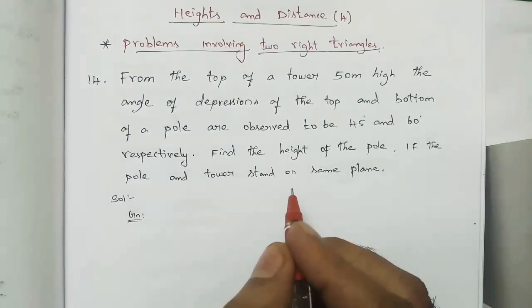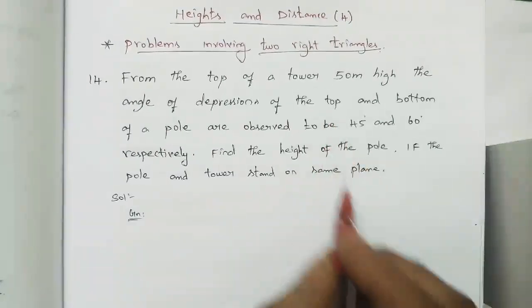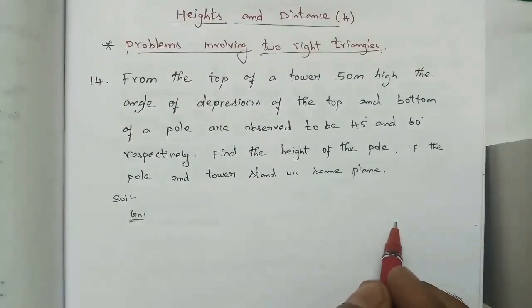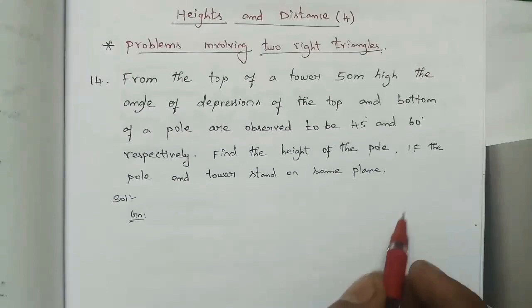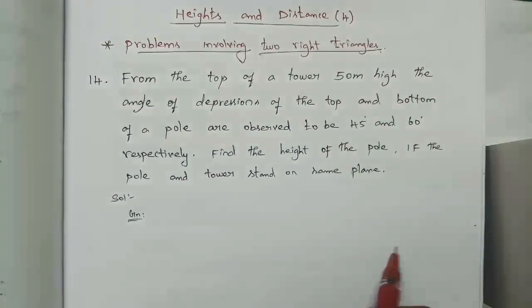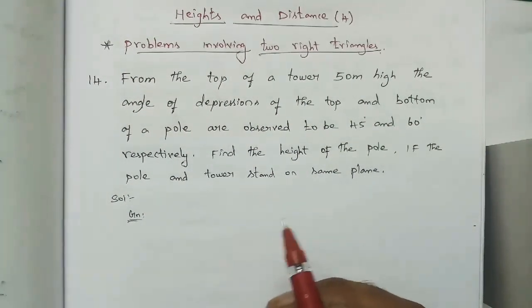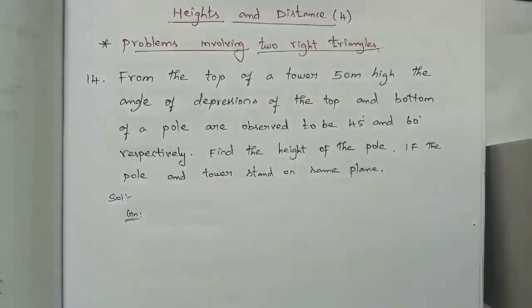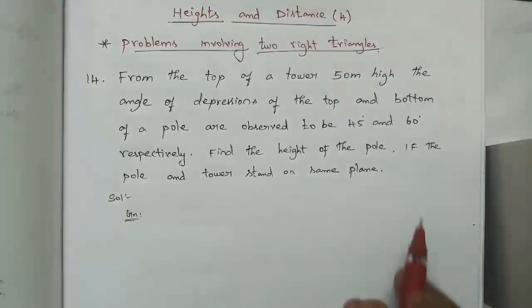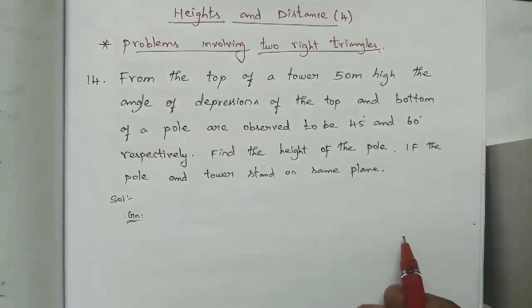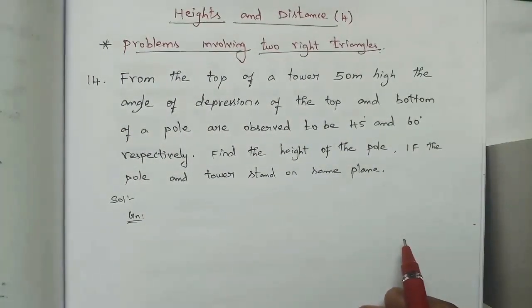So first we have to read the question carefully, and we have to draw the diagram correctly. That is very important. If you do not draw the diagram correctly, then we can't find the solution. So first we have to practice more number of sums for drawing the diagram alone, picturizing the question alone. If we can draw, then we can find whatever it may be.